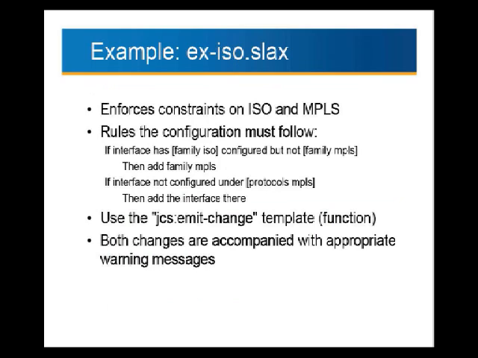So we'll walk through an example. This example is a co-constraint between ISO and MPLS. The rules are: if an interface has family ISO configured but not MPLS, then I'll add MPLS to it. If the interface is not configured under protocols MPLS, then I'll add it there. I use a helper template, which in XSLT works like a function, called jcs:emit-change, and